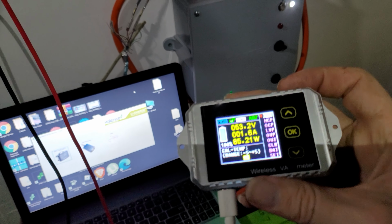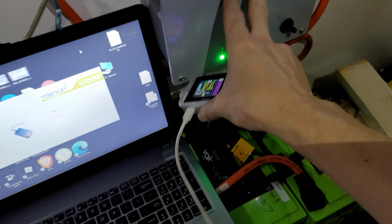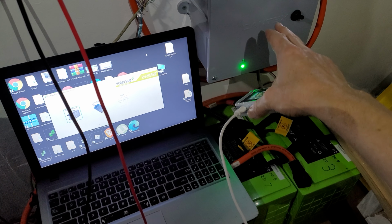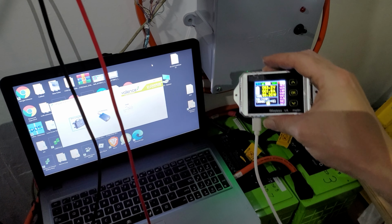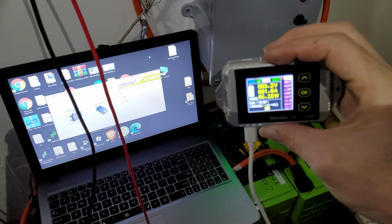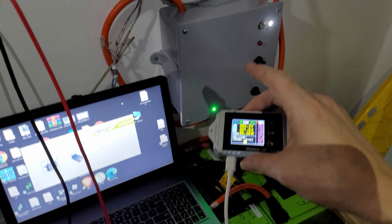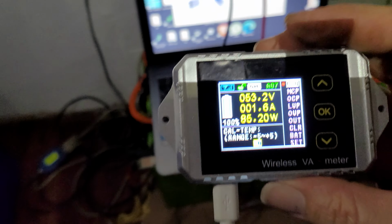And the manual says that the transmitter has to have 12 volts, and it doesn't. I hooked it up like the earlier models, where it's just connected to the 48, and it works. It doesn't need the 12 volts, so their manual should be updated. The only thing that bothers me about this,